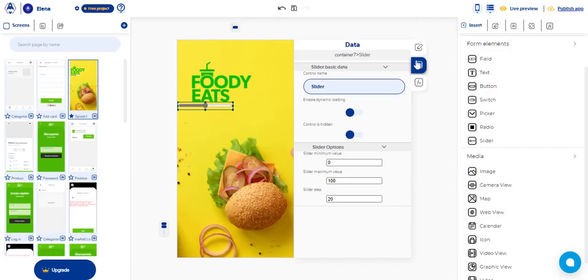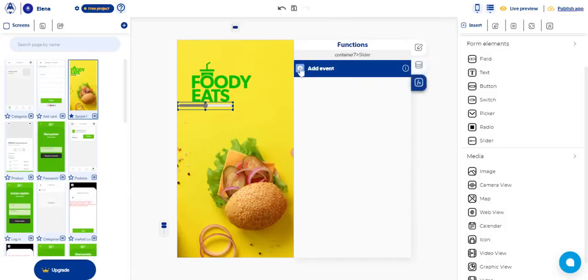Select the events icon. Click on the plus icon to add a new event or property. The onChange event will be activated when the value of the